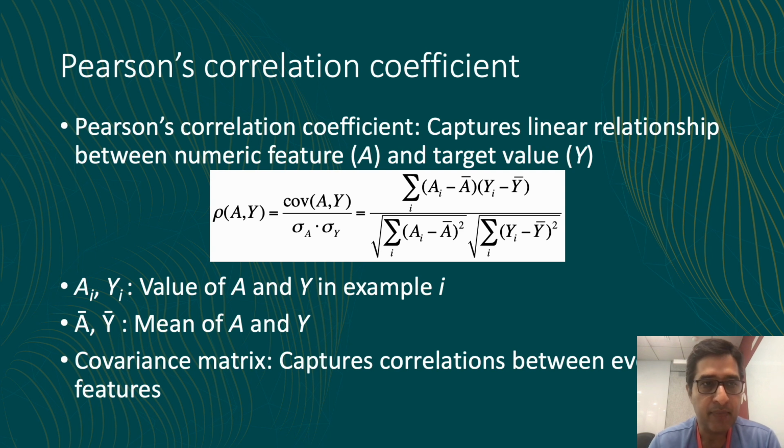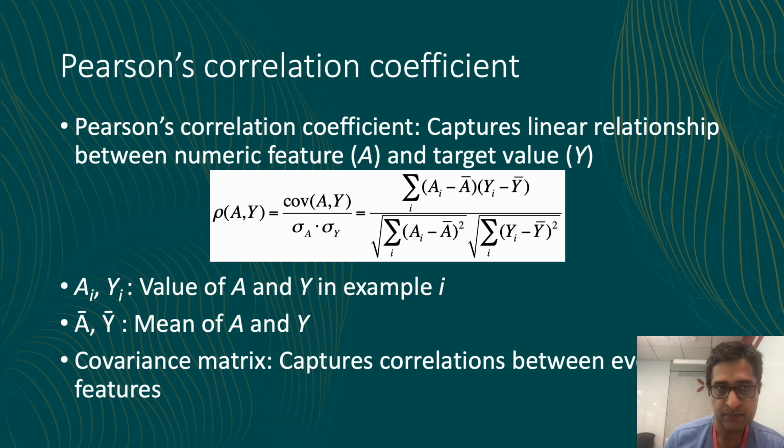Going a little deeper into these individual metrics, the Pearson's correlation coefficient is computed in this manner, as the slide shows you. Essentially, it tries to compute the linear relationship between any given numeric feature A and its target value Y. The covariance matrix essentially captures the correlation between the final variable and the